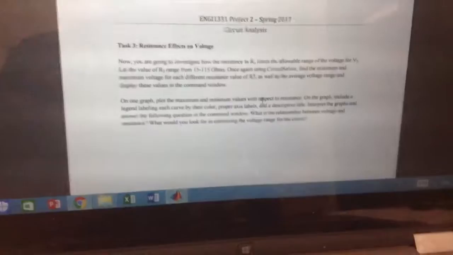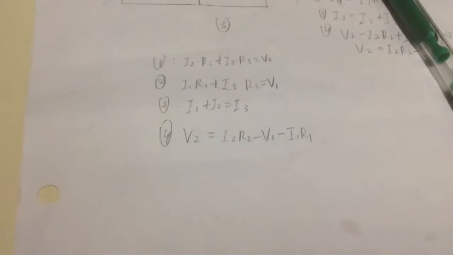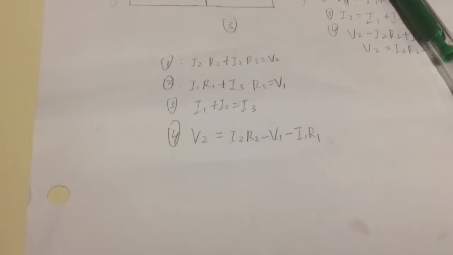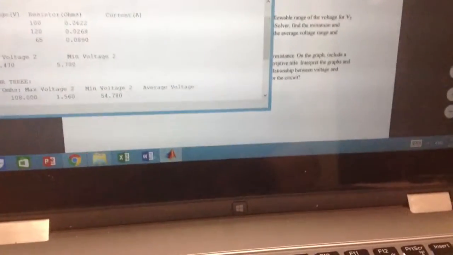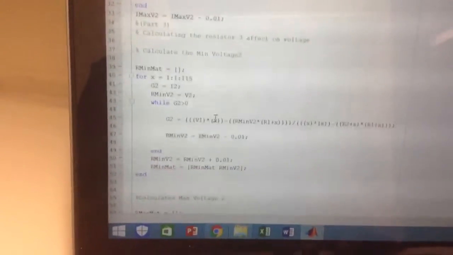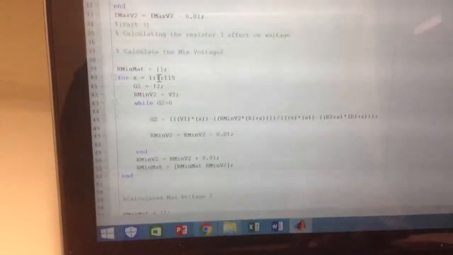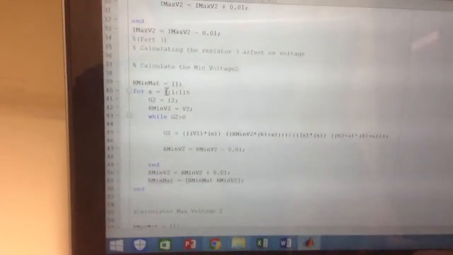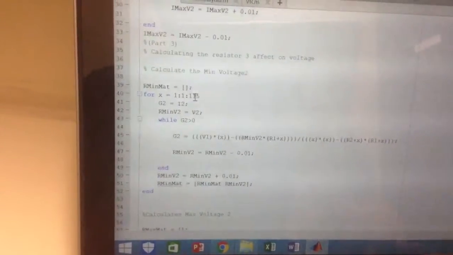Let's go. According to this, we review this function again, and we analyze the relationship between the V2 and R3. We set up the function. My group members all set up the function like I2 equals V1 multiplied by X. At the beginning, they set the resistor change and the voltage equal to empty, X equals 1, comma 1 to 150. Be honest, in my opinion, beginning from 15, comma 1, and 150 is better,